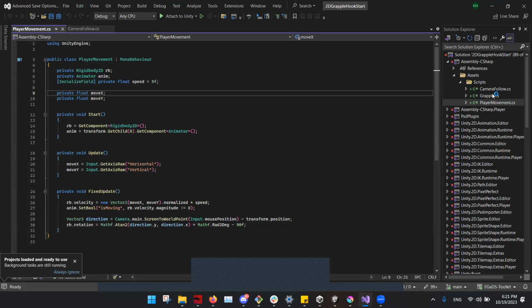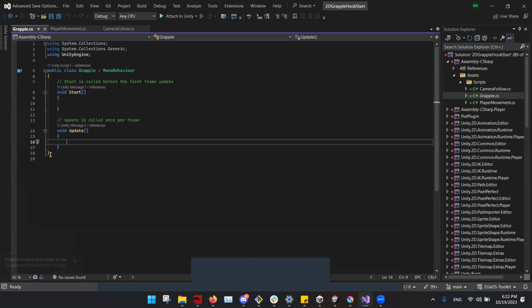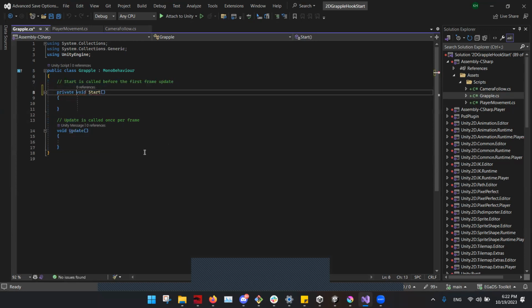Okay, you'll see that Visual Studio finds it. So this is the basic template of our C# script in Unity. I tend to like to say that it is private. It's just a little neater. If you leave that empty, it is private, but it just looks better to me. So what we can do to start is